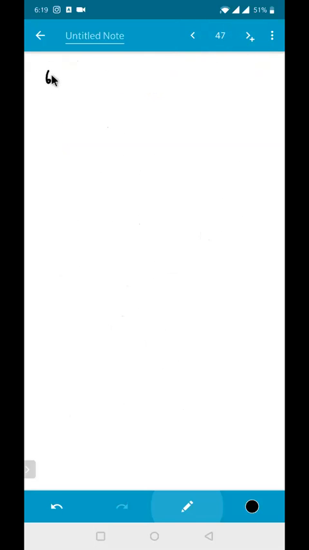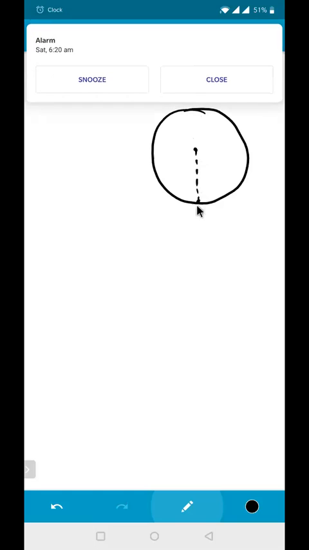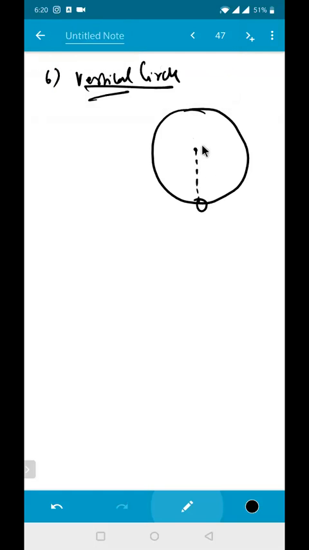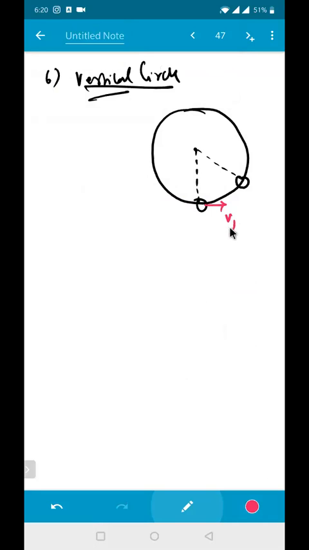This is the fifth one, so this is your sixth one: vertical circular motion. Vertical circle, applying the law of conservation of mechanical energy. So I'm drawing it roughly here. This is your circle and this is your center. Initially the string, say for example, this is your bob, and here is another position of your bob. At A, it has a velocity of V1, and at A1 the velocity is V, making an angle phi. Then what will be the velocity at any instant?